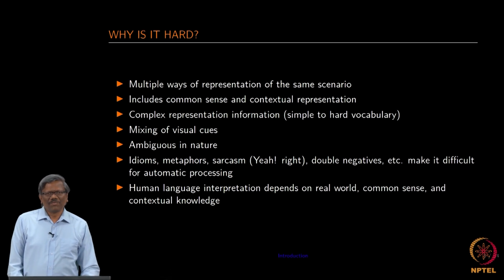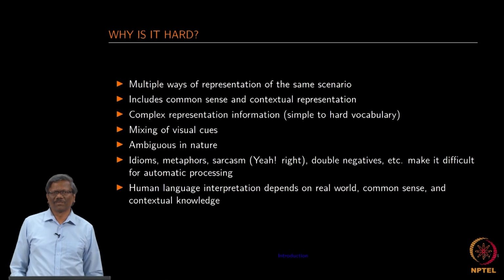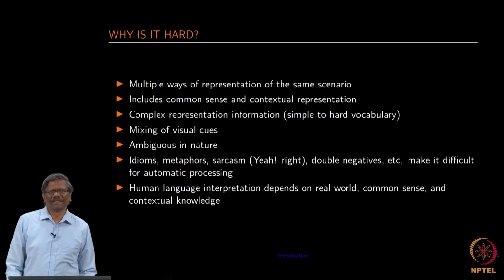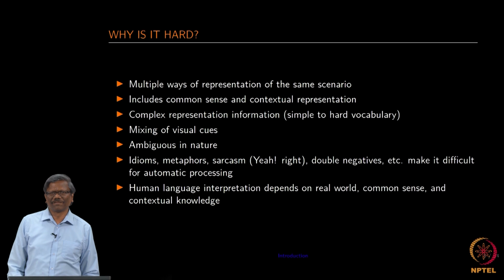Ambiguous in nature, since these languages are created by humans, the way you represent, the way you talk, there could be some ambiguity in it. So we somehow manage to understand even if there is some ambiguity in what we are speaking, right. Idioms, metaphors and sarcasm make it hard, especially for the machine to understand, right. So how do you make the machine understand that there is sarcasm in what you are saying,